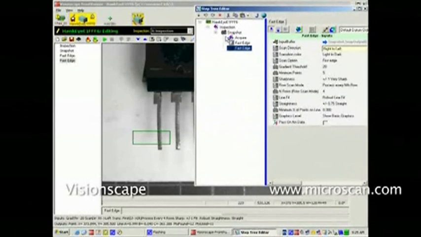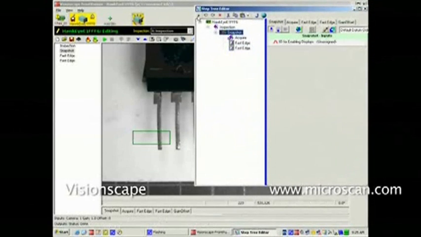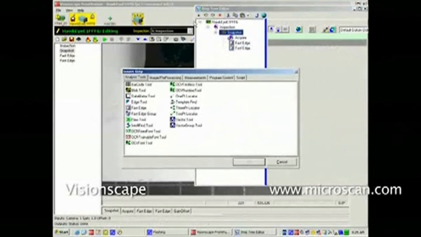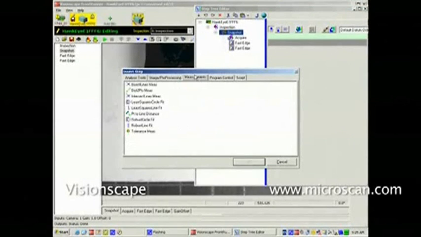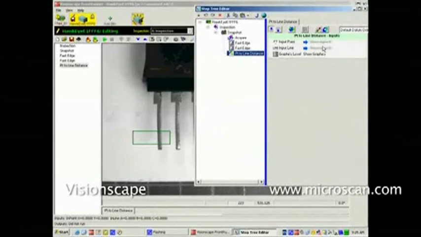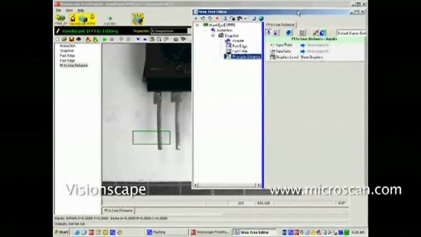Again, select the snapshot step, hit insert, and now we'll go to a different category of tool. We'll be doing a measurement, and the measurement should be the point to line distance. We'll select that tool, and we'll see that it has two unassigned input datums. These are the point from which we want to make the measurement and the line to which we want to